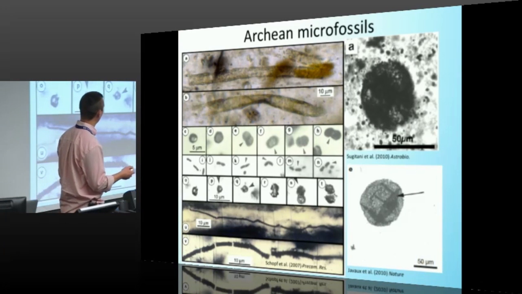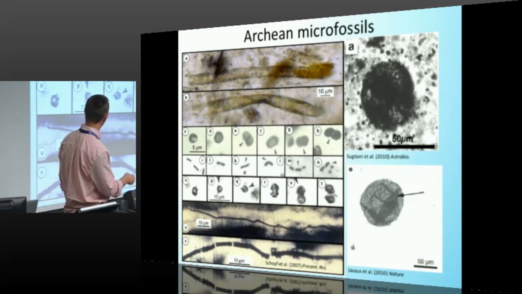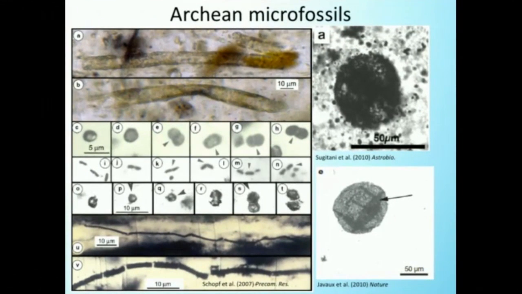So here's just another way of portraying that. This is just some images collected, some from Schopf et al. 2007, and some of these new extra large coccoids discovered by Sugitani et al. in 2010 and Javaux et al. in 2010. 2010 was a good year. So mostly filaments, small coccoids, some of these kind of bacillus-shaped things,